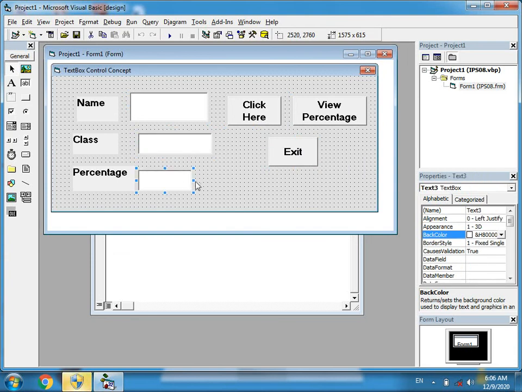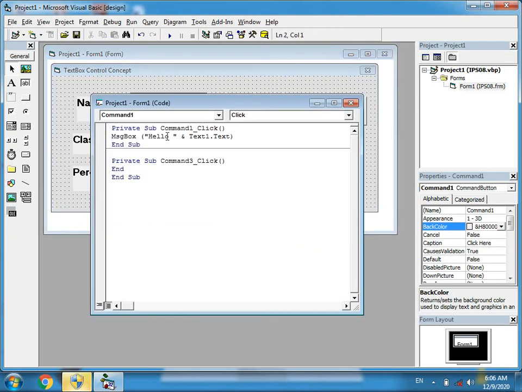That's why, in the coding section, in the event procedure of the Click Here command button, I will type the code MsgBox within the double quotes. See here, Click Here command button, the Command1_Click event.